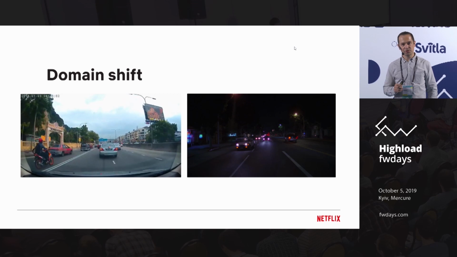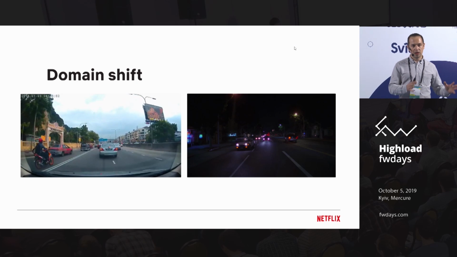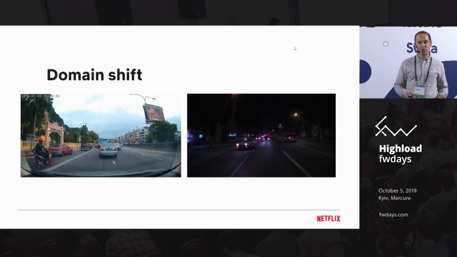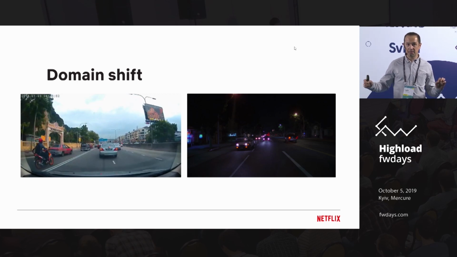One of the possible answers is domain shift. So domain shift is when you train your model on one data set, but then when you move it to production, it happens to be a completely different data set. This one is something I was trying to simulate of what automated driving could be experiencing. I hope real people doing automated driving know what day and night is, but the idea is the same. If you train on something that is a little bit different from your actual real-world inputs, your statistical model will go to waste.